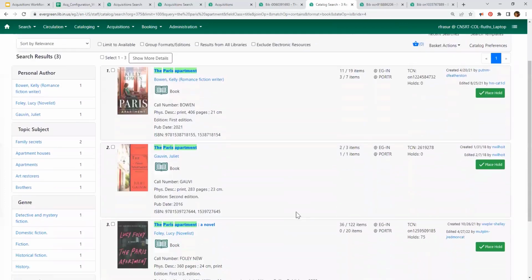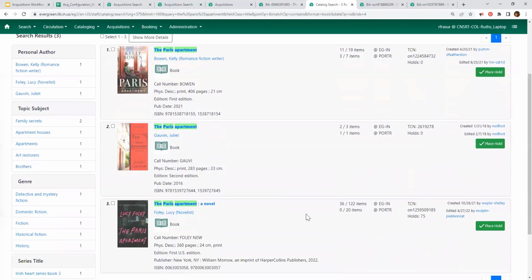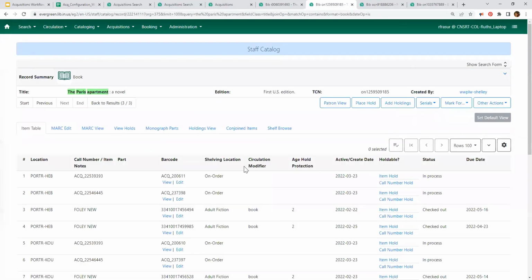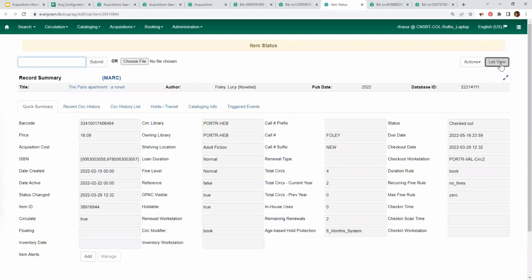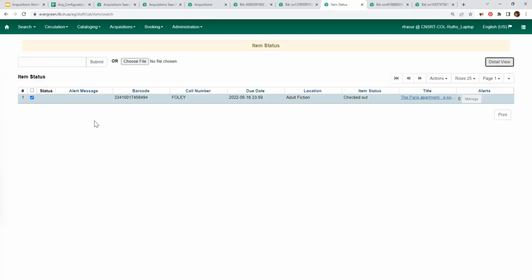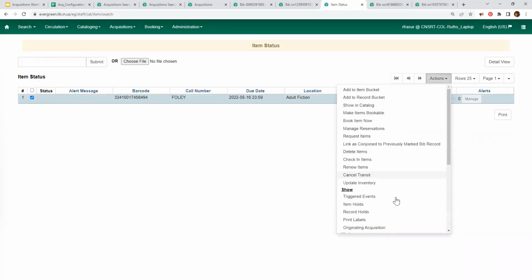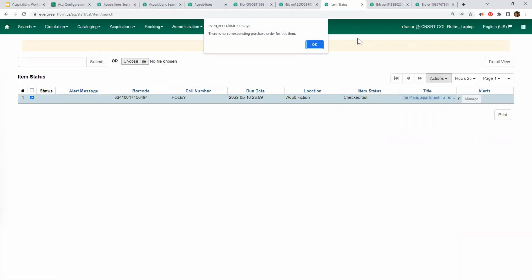Porter County is a user of acquisitions. So I'm going to go into one that I see that has been received here. It's checked out. So now if I go to this originating acquisition,